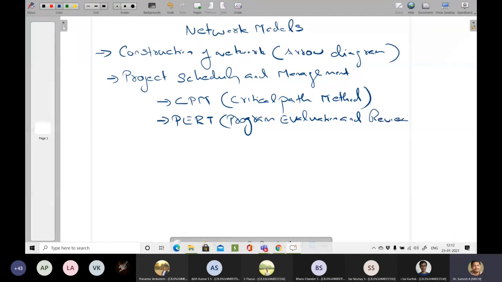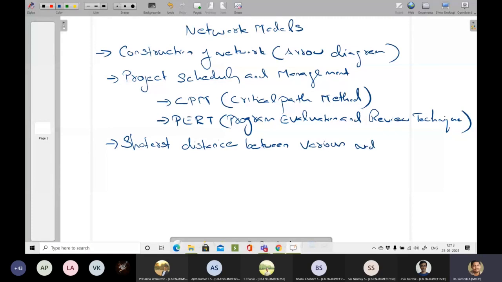Then we will discuss another network model to determine the shortest distance between various nodes. In that, two options will be there.